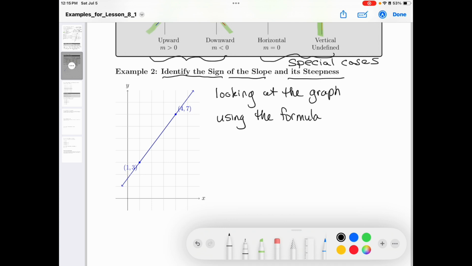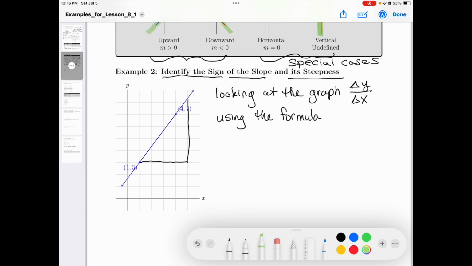So when you look at the graph, you're just looking from one point on the graph to another point, and it doesn't matter which 2 points you pick. It's always going to be the same, but you find the change in y and divide that by the change in x. So looking at this graph,